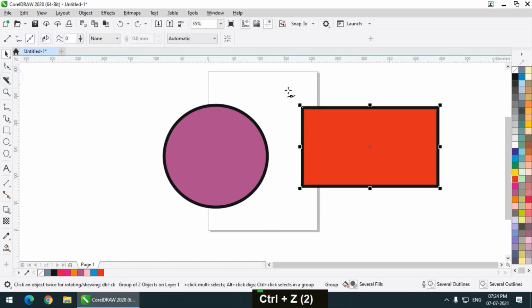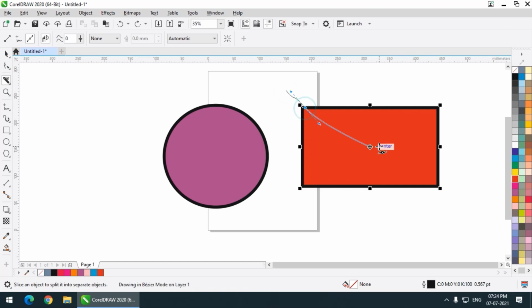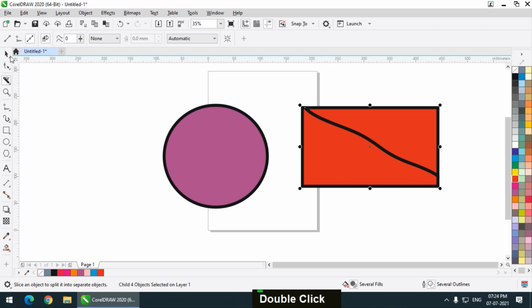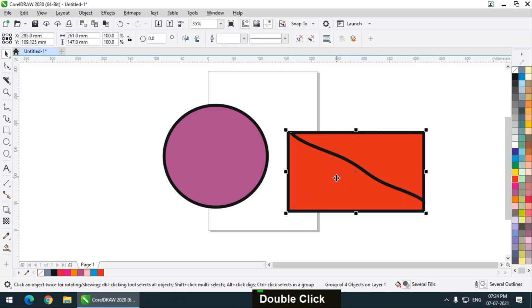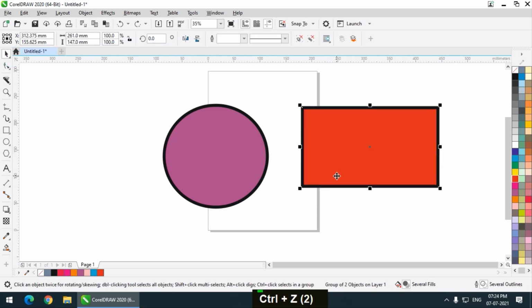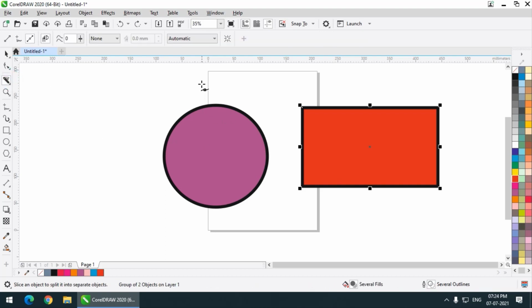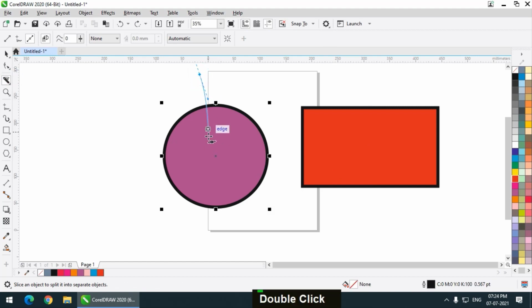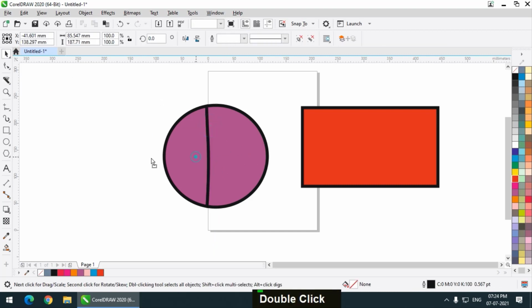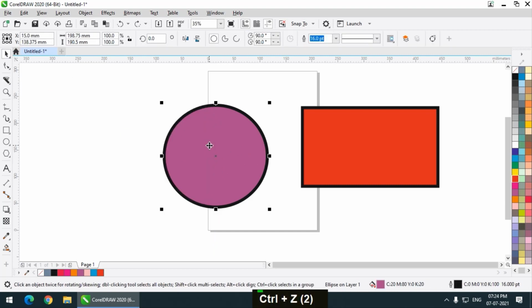But what will happen if I click inside? Again similar. So you get the idea of what happens. If it doesn't work, then you have to ungroup the objects like this. You have to select it first. So this is basically it.